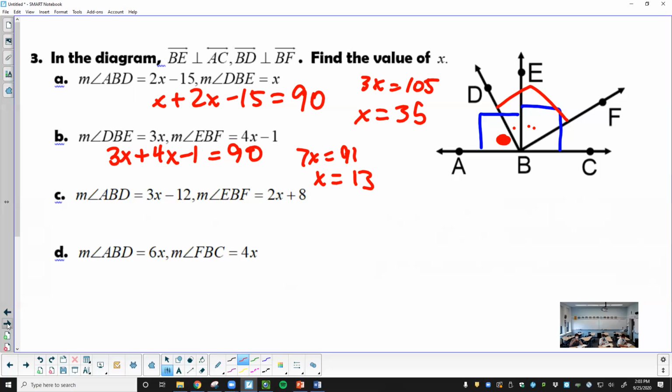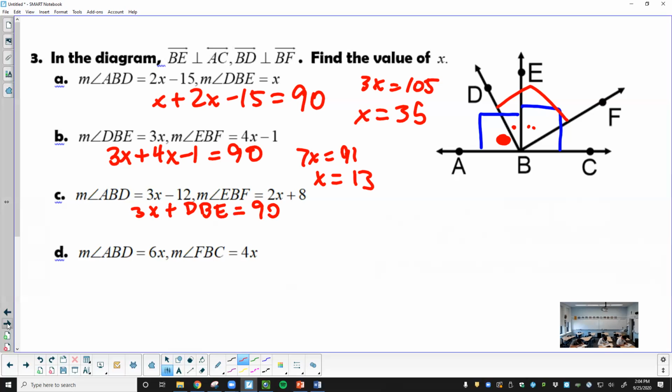Don't they share DVE to add up to what? 90. Yeah. We see this. If we go 1 dot, this little 1 dot, and then these 2 dots, those add up to 90. And then the big 1 dot and the little 1 dot also add up to 90. So we could say 3x minus 12 plus DVE, right, equals 90,